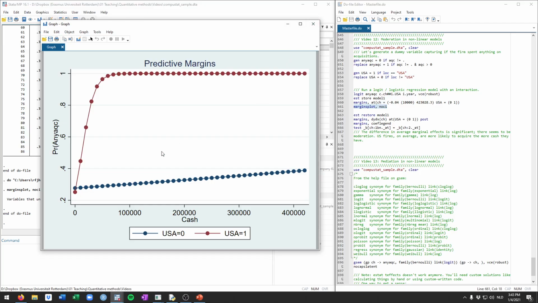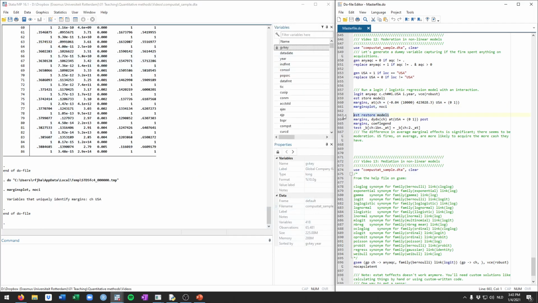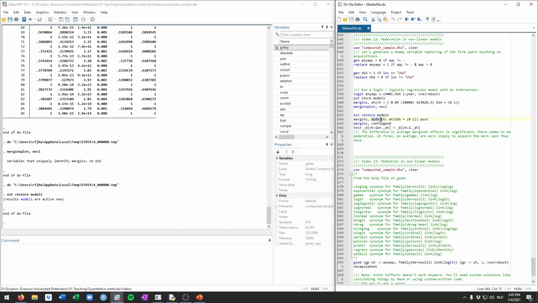Now, to really conclude whether there is moderation, even though it looks very dramatic here, you do need to engage in some follow-up steps. Specifically, you're going to have to compare the marginal effects. As I've advised before, I would say the average marginal effect for the meaningful values of our moderator. So let's restore our model, and then we're going to calculate the marginal effect of cache, the average marginal effect specifically, taking USA to be either 0 or 1. If we had a continuous variable, you would fill in maybe the 5th percentile, the median, and the 95th percentile, but since we have a dummy moderator, it's quite straightforward.